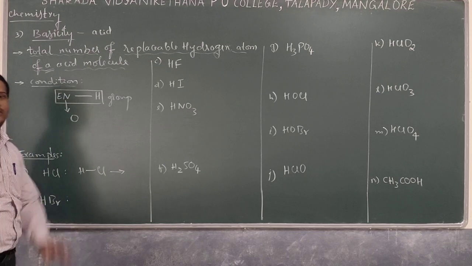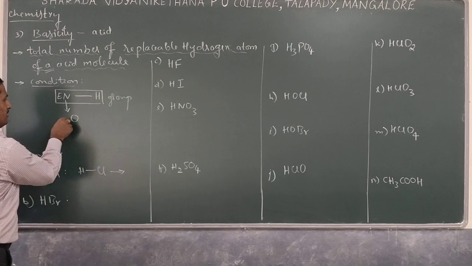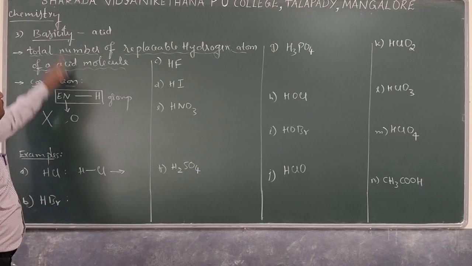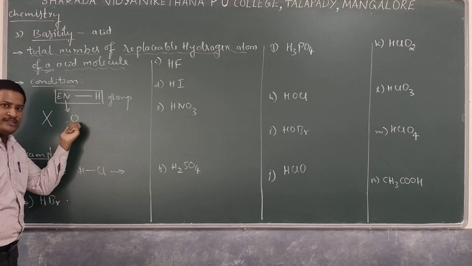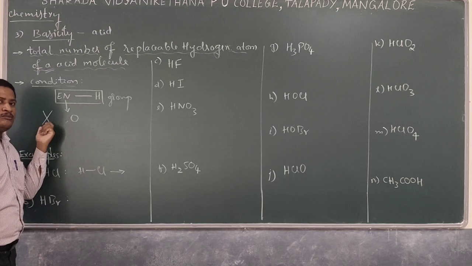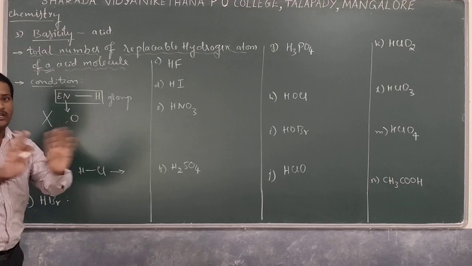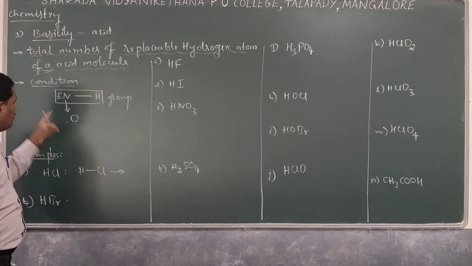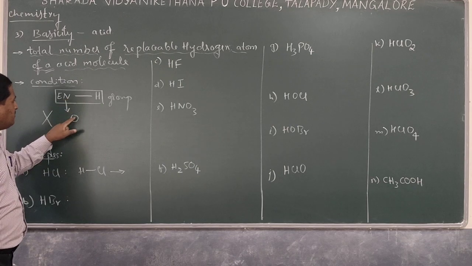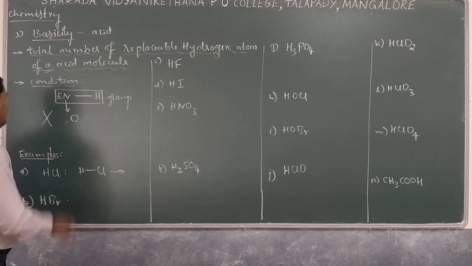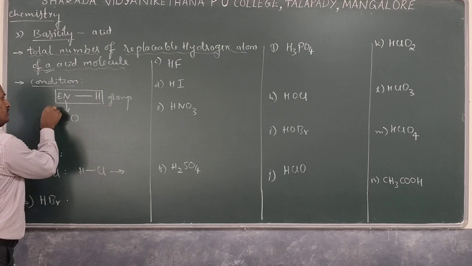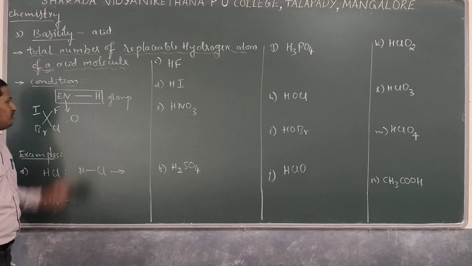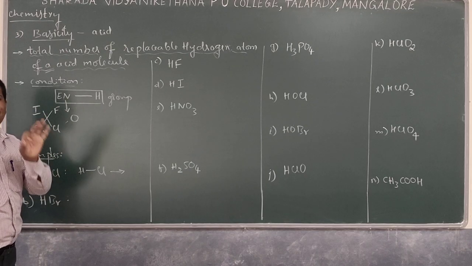One is oxygen. The oxygen atom is the most important. Other than oxygen, a halogen may be present. Remember, the electronegative elements, in order to find out the basicity, are one, oxygen, and another, the halogen. X stands for halogen. Sodium is not possible, neon is not possible, any other element or any other metal is not possible. Only two possibilities: the electronegative element present must be either oxygen or halogen. In halogen, totally four are there: one is fluorine, another is chlorine, another is bromine, another is iodine. So I said that only these five elements are eligible.